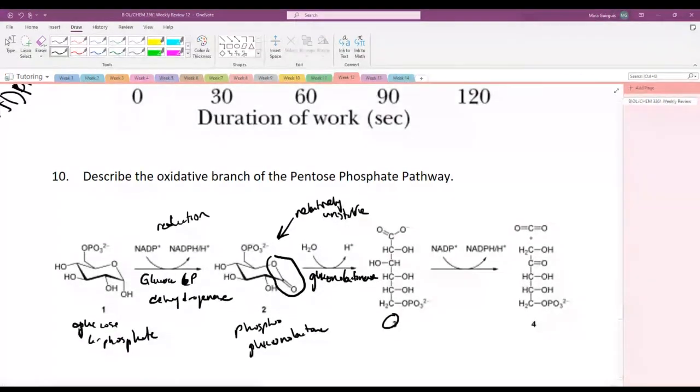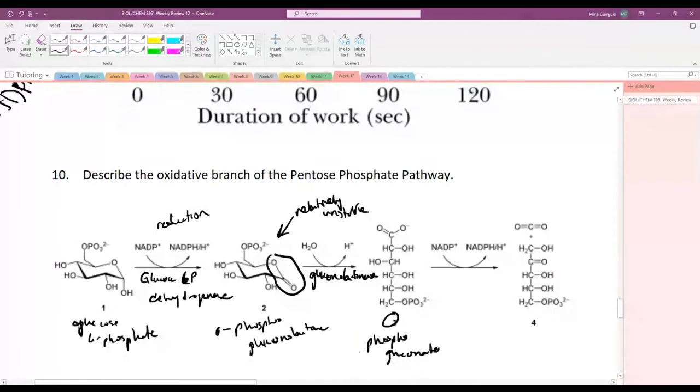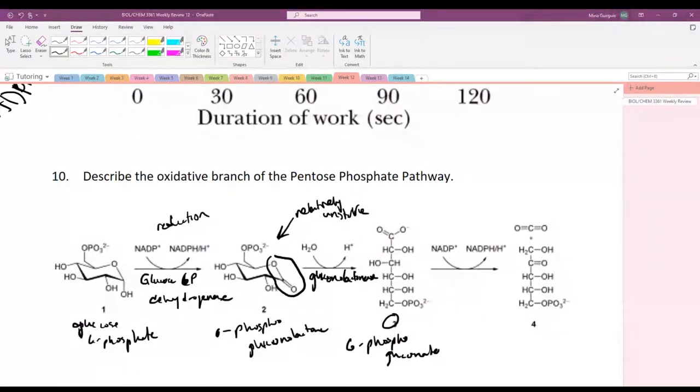us this, which is just phosphogluconate. Okay. Phosphogluconate. And I should be specific, it's 6-phosphogluconate and 6-phosphoglucolactone. But yeah, okay. So this is much more stable. And that allows for the next reaction to happen. The next reaction is, once again, a reduction,